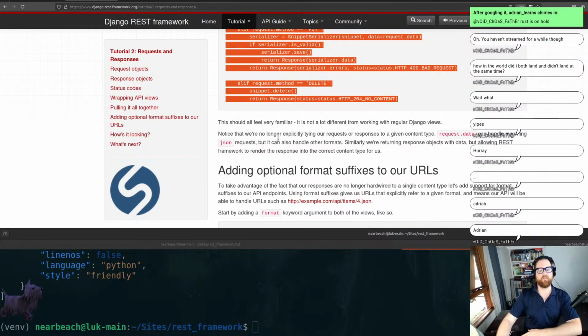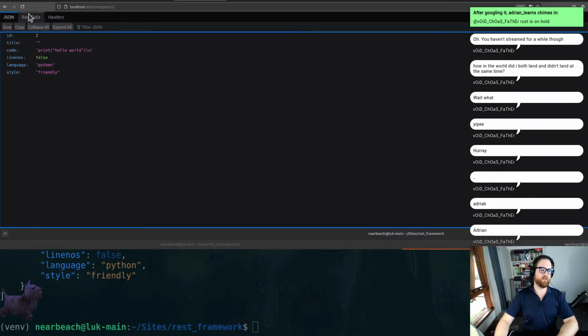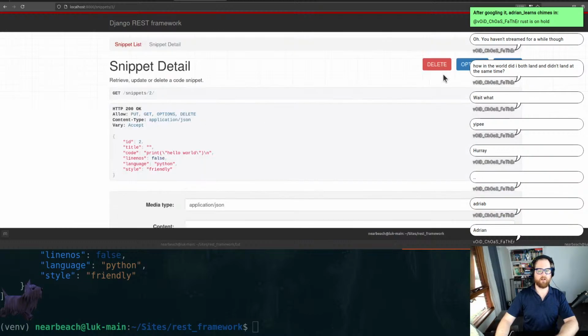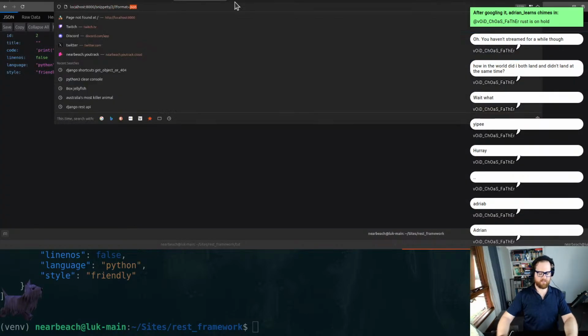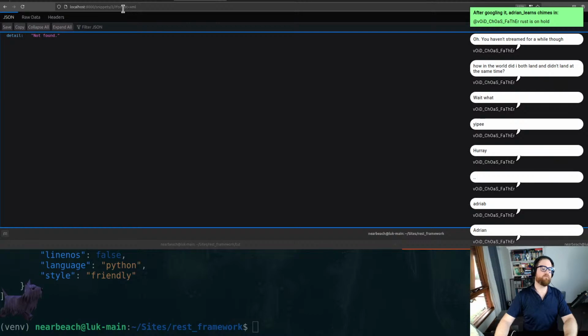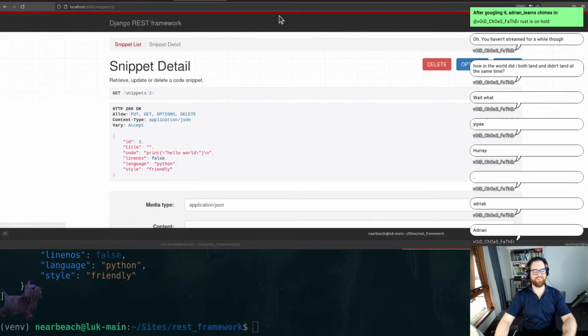Sweet. Notice that we're no longer explicitly tying our requests or responses to a given content type. Request.data can handle incoming JSON requests, but it can also handle other formats. Similarly, we're returning response objects with data, but allowing REST framework to render this response in the correct type for us. So if we go over here and we hit refresh, there's our type. But what happens if I do format equals JSON? What about XML? Not found. Boo. All right,